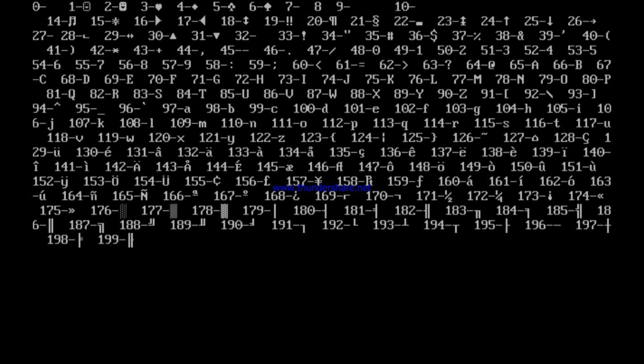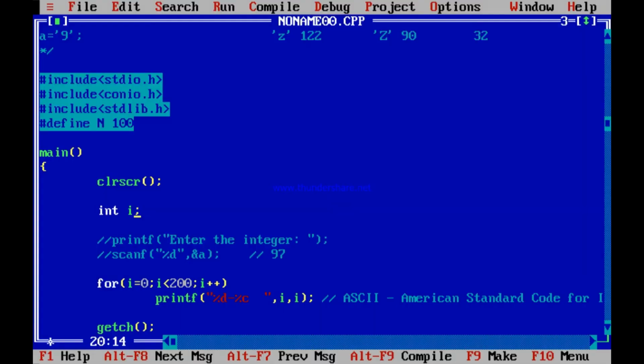Now look at 48. 48 is 0. So the character 0, its equivalent ASCII is 48. The character 1, its equivalent ASCII is 49. The character 2, its equivalent ASCII is 50. The character 3, its equivalent ASCII is 51, and so on. Do you understand this? In this way, you can print the equivalent numbers also.